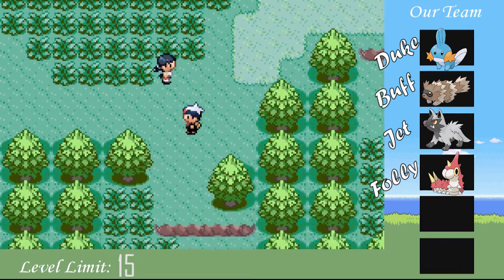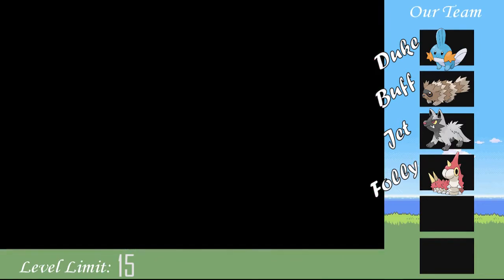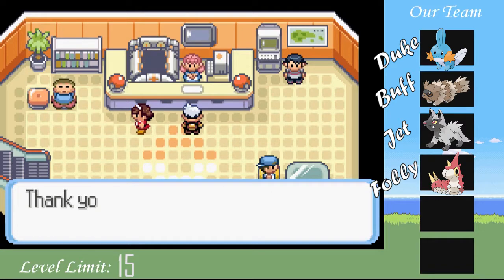Now, one thing some people play with in Nuzlockes is that you cannot deposit Pokemon in the PC, which means you're stuck with the first 6 Pokemon you catch until one of them dies, and then from there you can take guys from your PC. I will not be playing with that rule. I know that is a pretty popular rule, but